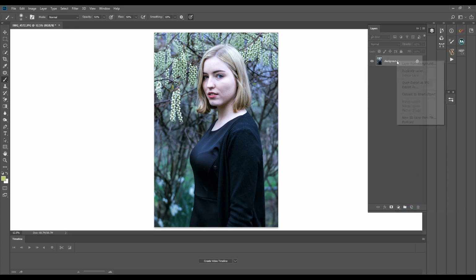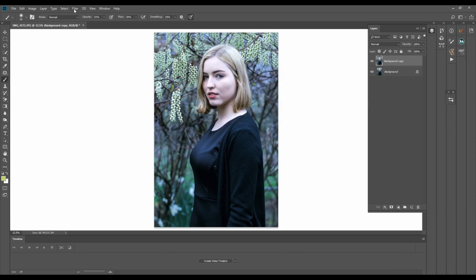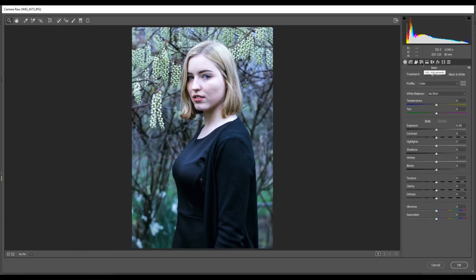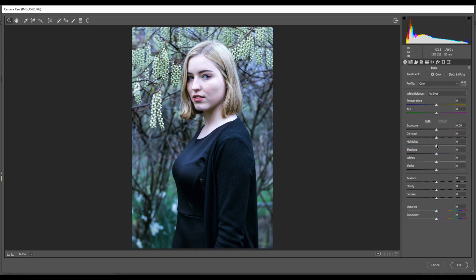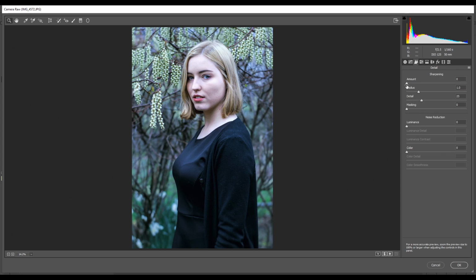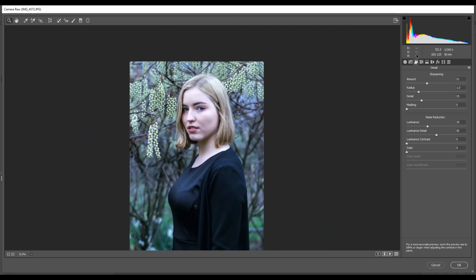Then I'm gonna flatten the image, duplicate this layer, get to the camera raw filter again, then basic, I'm gonna reduce the highlight, -18, make some changes to detail, sharpening around 51, noise reduction increase only to 35,